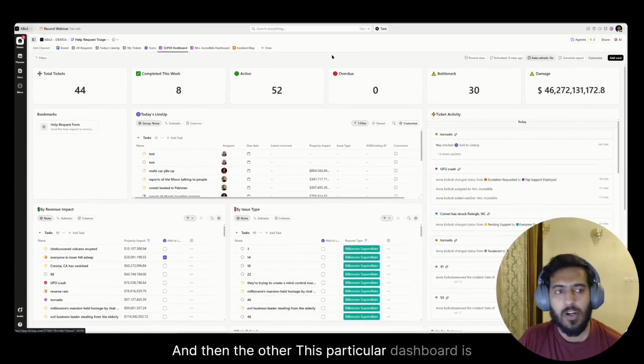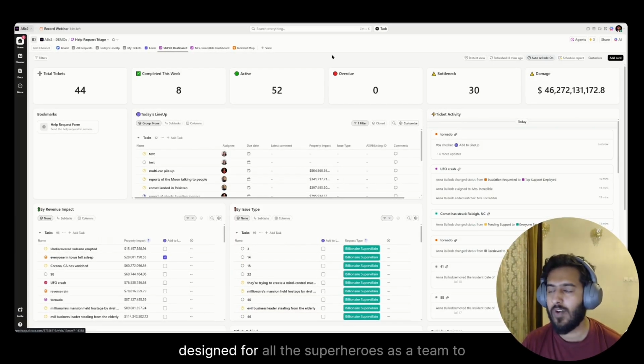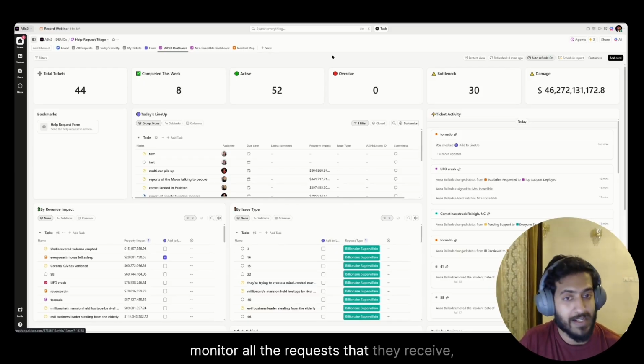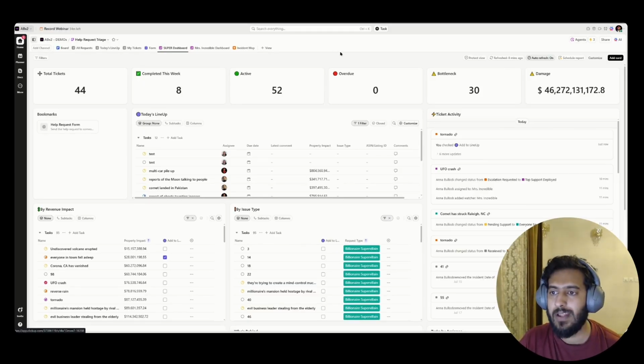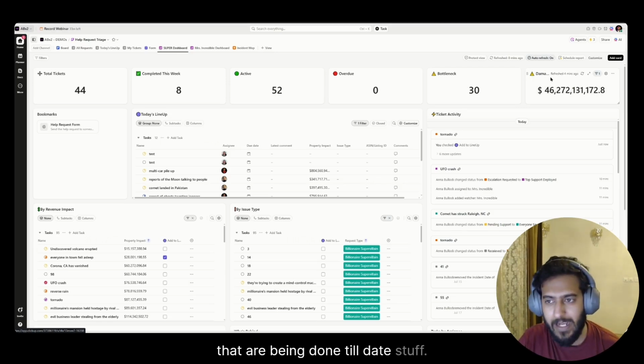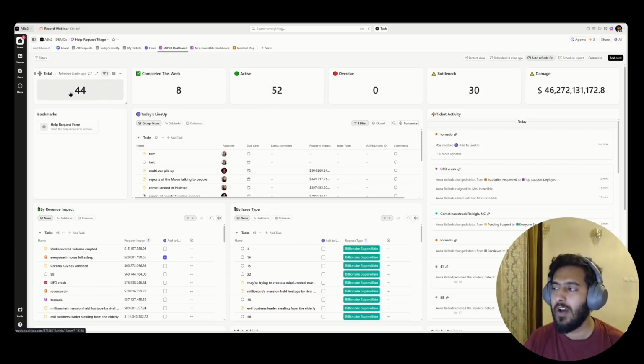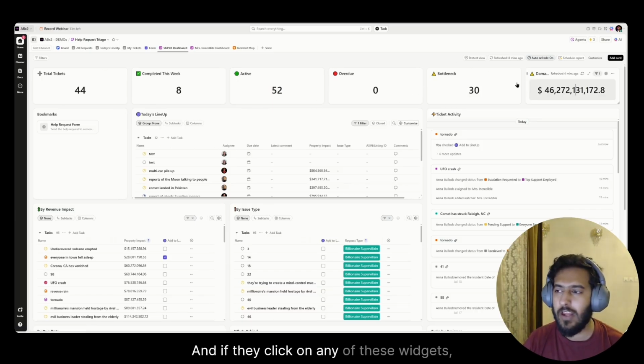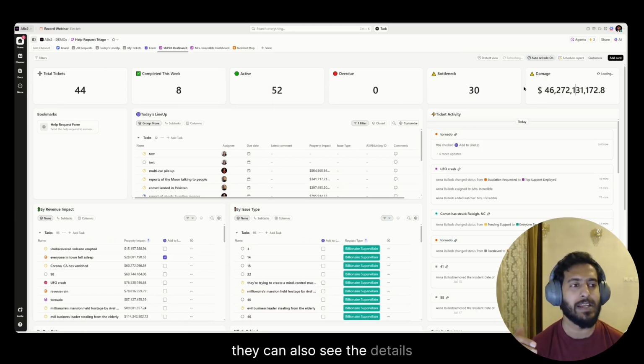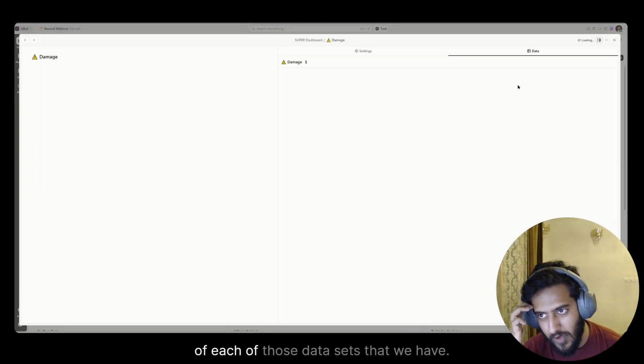And then this particular dashboard is designed for all the superheroes as a team to monitor all the requests that they receive from the public. They can see the total damages that are being done to date. They can see the tasks that are in bottleneck, overdue, active, overall task. And if they click on any of these widgets, they can also see the details of each of those data